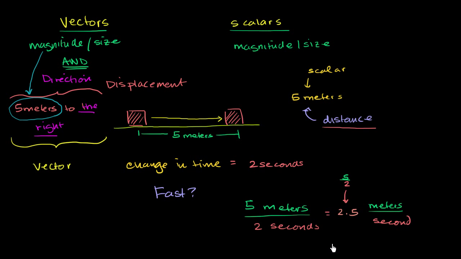So my question to you, this 2.5 meters per second tells you how far it traveled in a certain amount of time. Is this a vector or a scalar quantity? It is telling you how fast it went, but is it giving you just a size of how fast it went, or is it also giving you direction? Well, I don't see any direction here. So this is a scalar quantity. And the scalar quantity for how fast something is going,